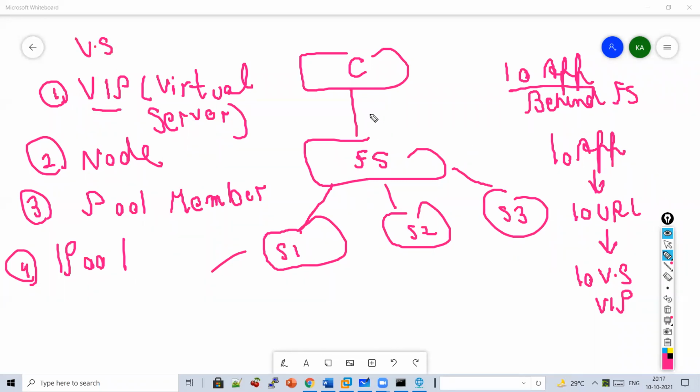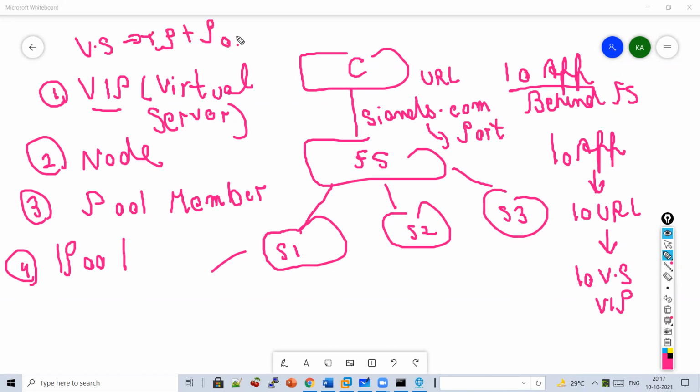So when you access sianets.com, it must be listening on some port. This is the URL, this is one application, and this must be listening on some port. So virtual server is a combination of IP plus port.